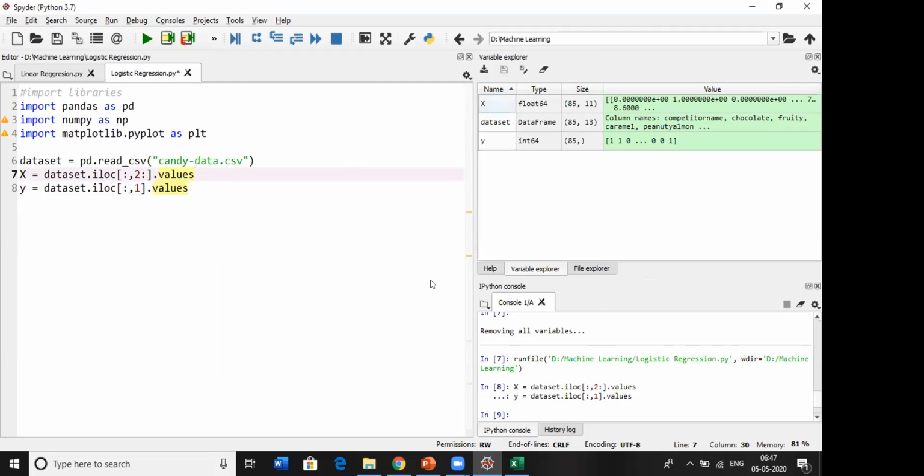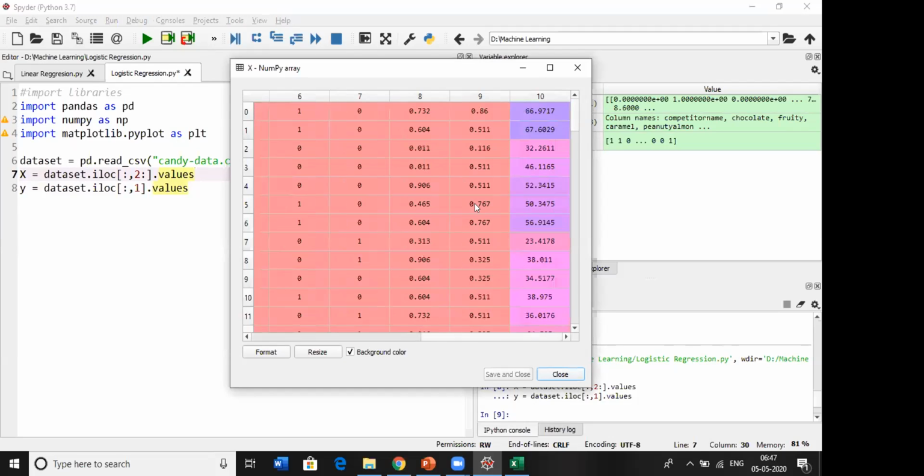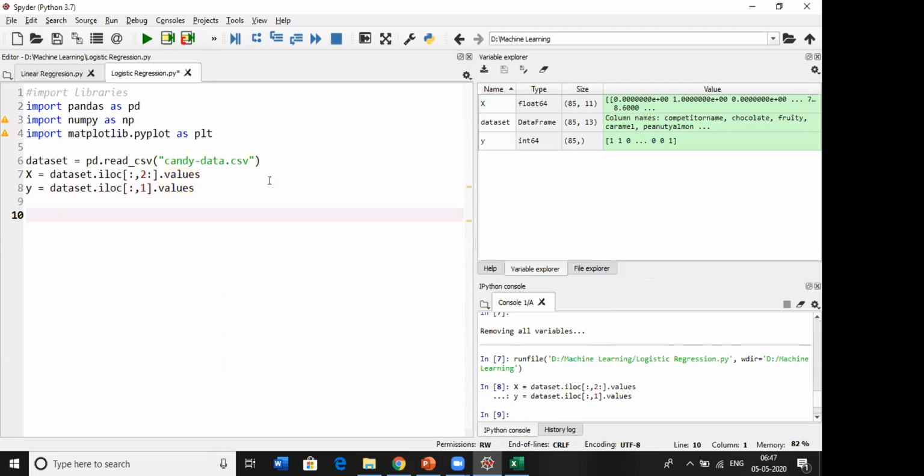In this, I think we don't need pre-processing. Actually, yes, we want pre-processing for standardizing the scale. In these 3 columns the scale is very different, so we need to standardize the scale. But before standardizing, we need to split our data set into training and testing.